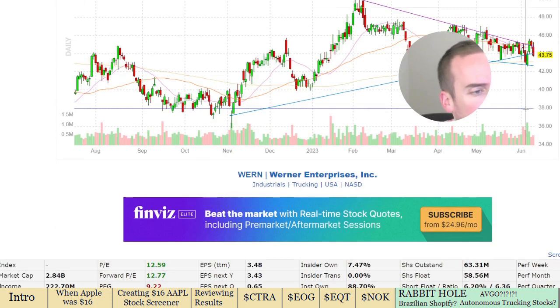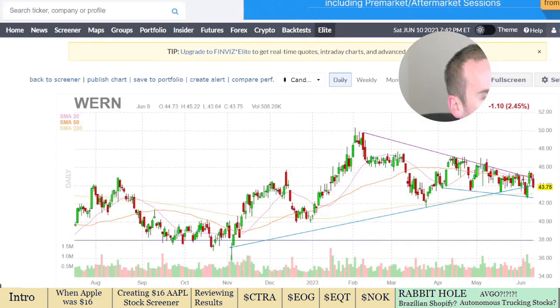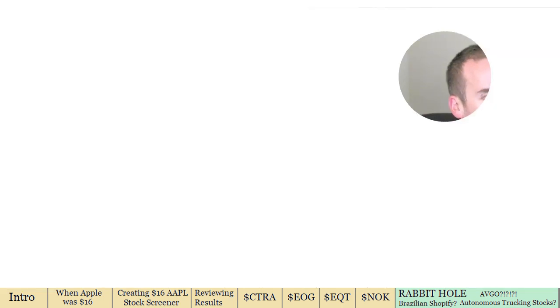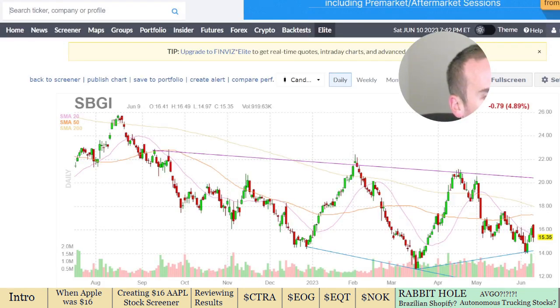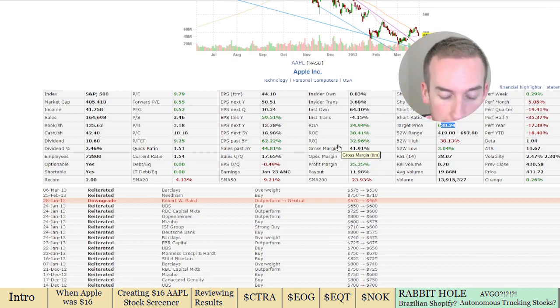We have Werner right here anyway. I mean, ODFL. Can ODFL, Werner, or Knight-Swift be an Apple? That is sales of over 100 billion. The whole trucking industry itself is going to be 88 billion divided by 3. So with ODFL maybe being the leader, but I mean those three,